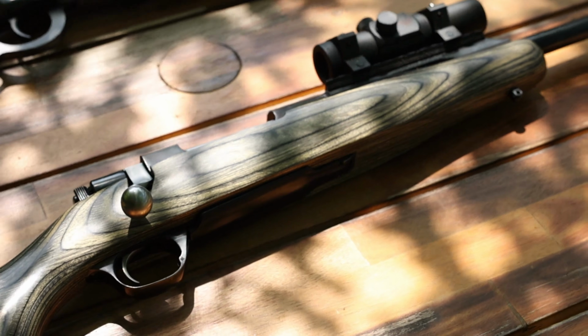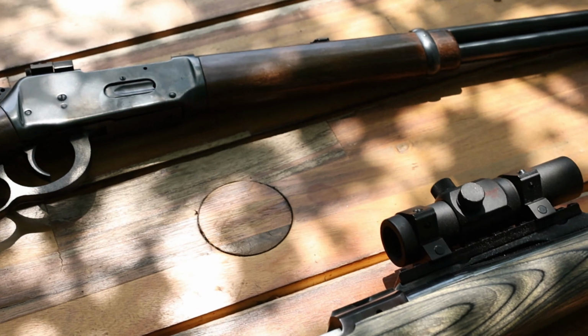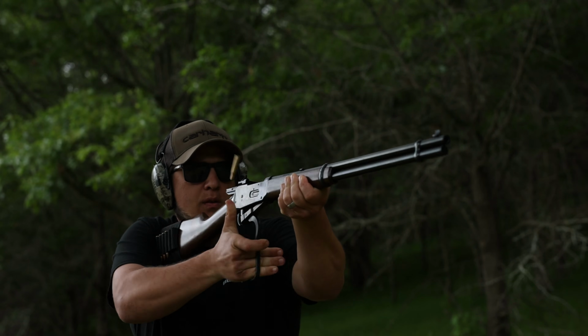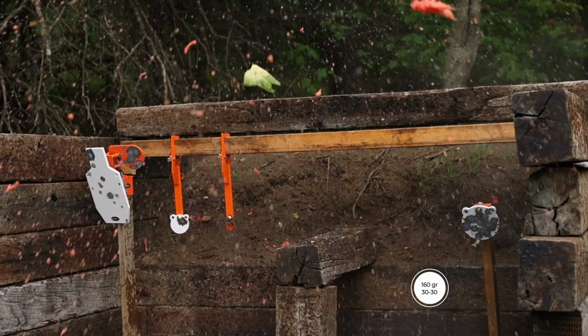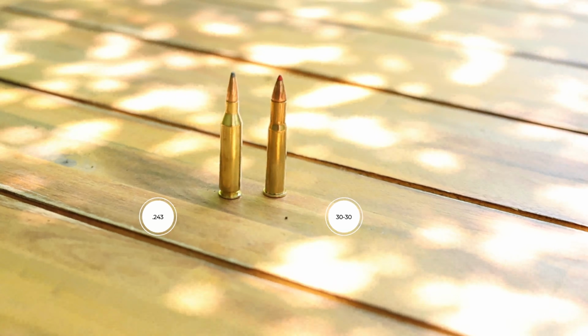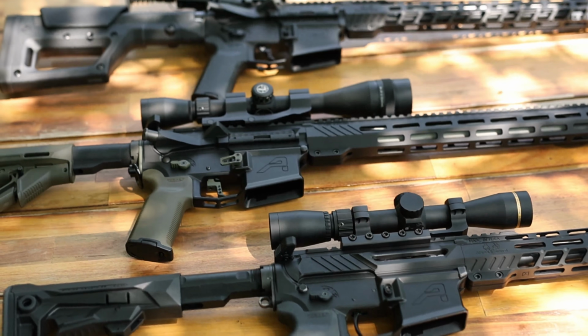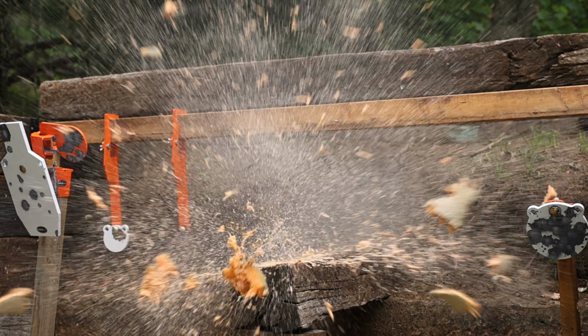Digging around the gun cabinet, we found some pretty common rifles everyone is familiar with: a bolt-action .243 and a lever-action 30-30. We don't have a .22-250, but that's another popular contemporary caliber we're going to make some comparisons to. Designed between the late 1800s and mid-1900s, these 3 calibers are tried and true. The .22 ARC, 6mm ARC, and 6.5 Grendel were designed over the last couple of decades and have transformed the